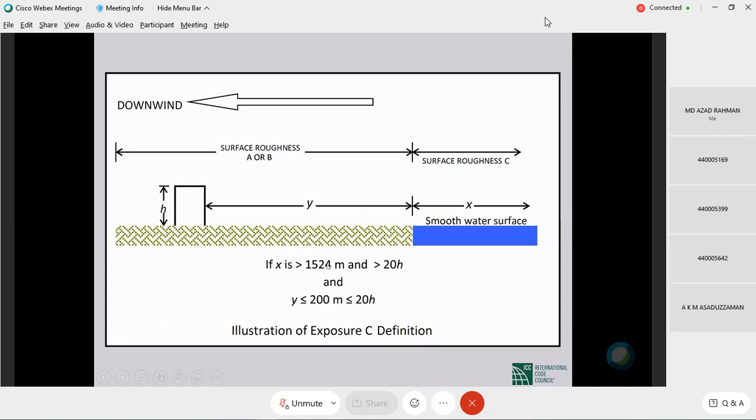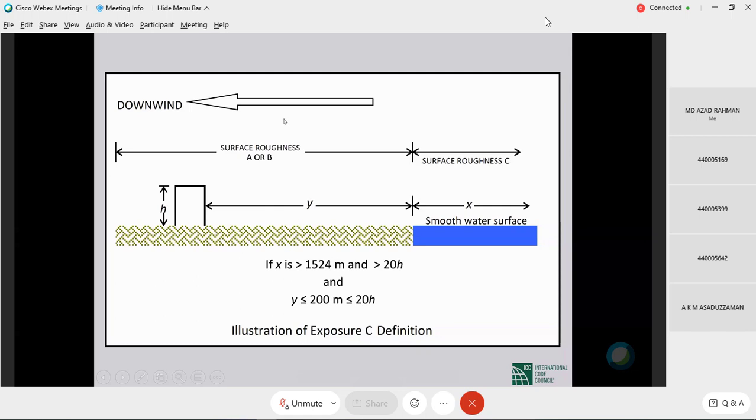X has to be more than 1524 meters and more than 20 times the building height for this to be surface exposure, for this to be surface roughness C. Okay. Now, if you have exposure C here, the exposure C shall extend inland by a distance of 200 meters or 20 times the building height. So all of that will be exposure